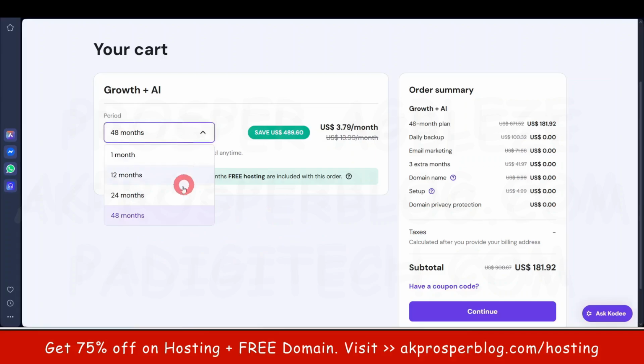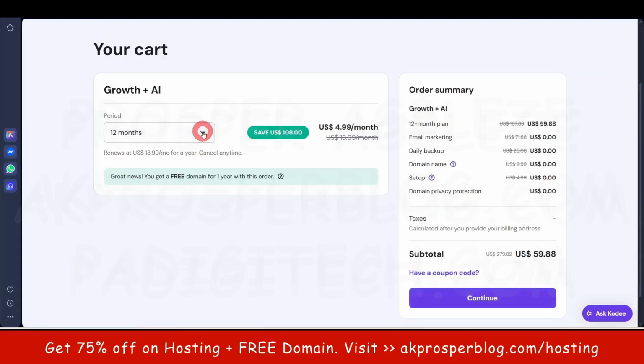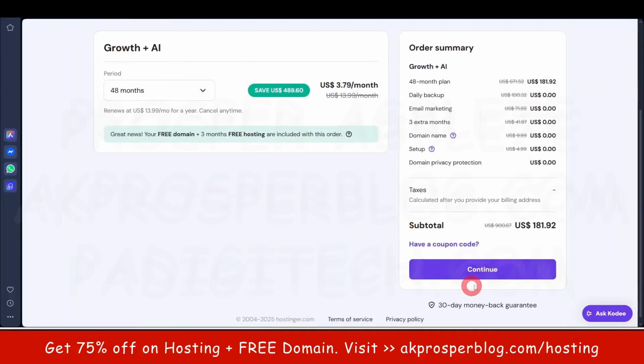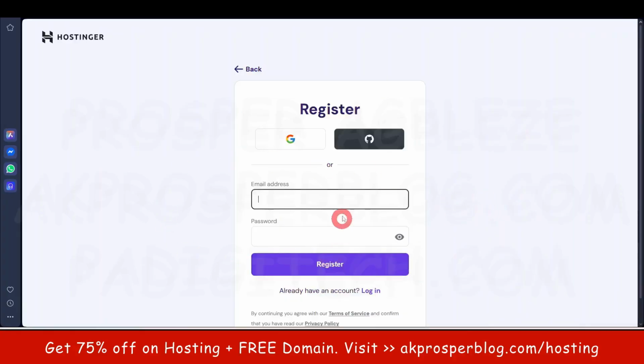Once you have chosen any of the plans that you want to go with, then you can come over here and click on continue. On this page now, you're going to be prompted to create an account. So here you put in your email address and your password. You need to take note of the email address and the password you want to use to create your account with them. Okay, so once you do that, you put in your email address and your password, and then